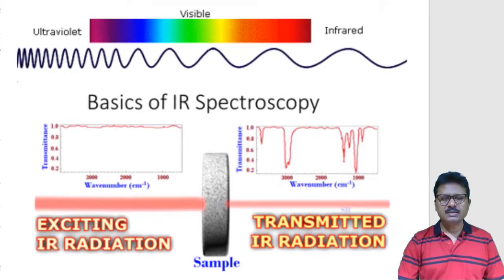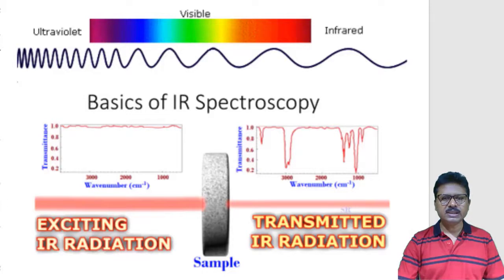Infrared radiation is a part of electromagnetic radiation. The frequency of infrared radiation is just lower than the red visible light. Now IR spectroscopy is a powerful technique that allows us to obtain information about the chemical structure of a substance by utilizing IR electromagnetic radiation. Chemical structure means mainly here to find which types of functional groups are present in the sample.